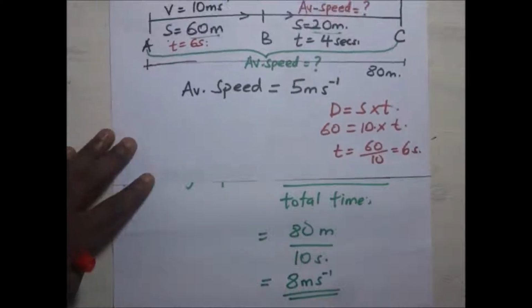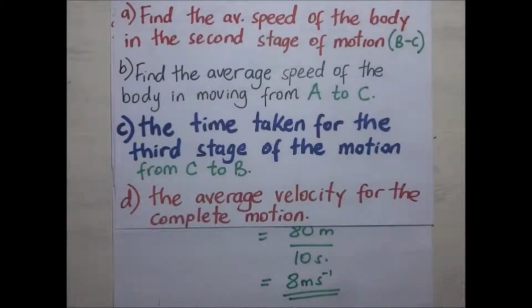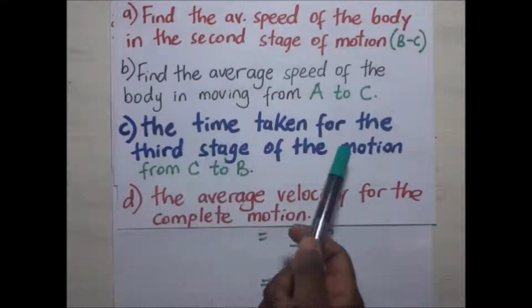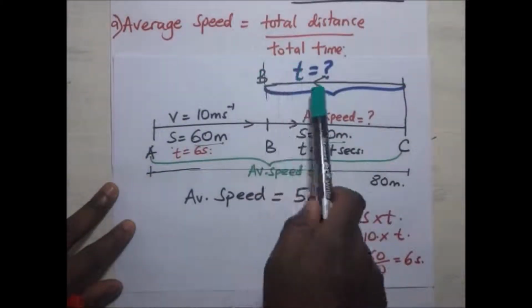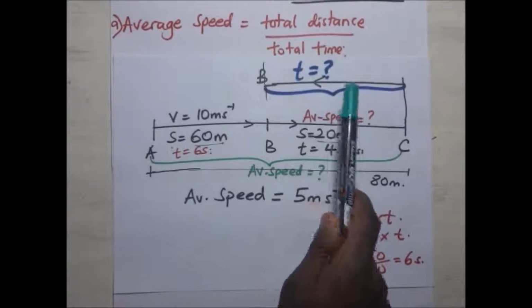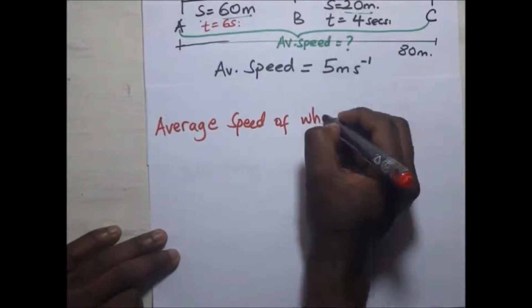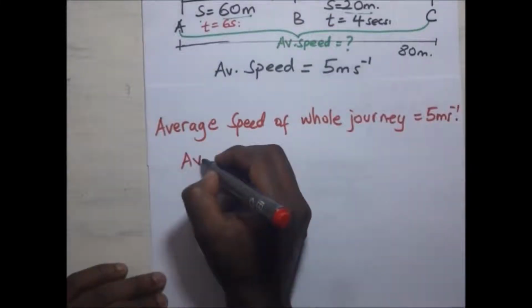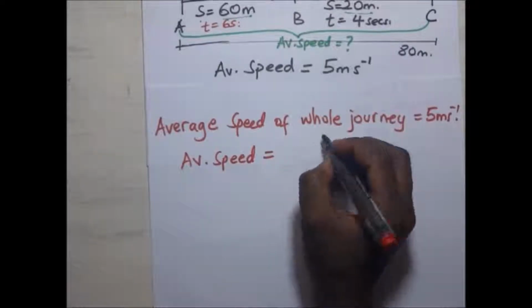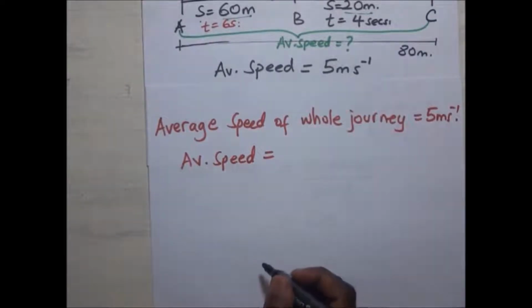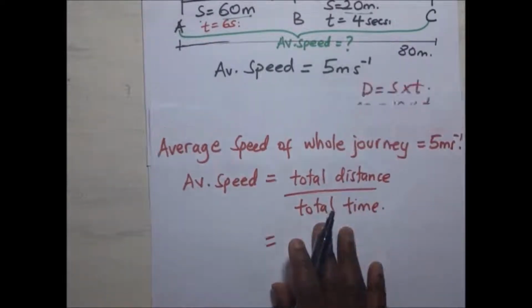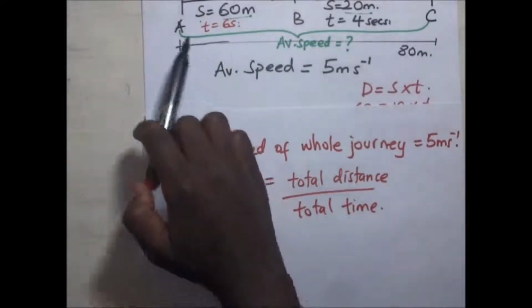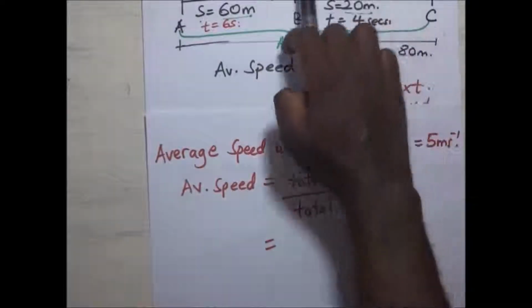So we go ahead and answer part C. Part C required us to find the time taken for the third stage of the motion, that is from C to B. As you're moving from point C to point B, what is the total time taken? Now we know that average speed is total distance divided by total time. And the total distance, as this object moves from A to B to C, then back to B,